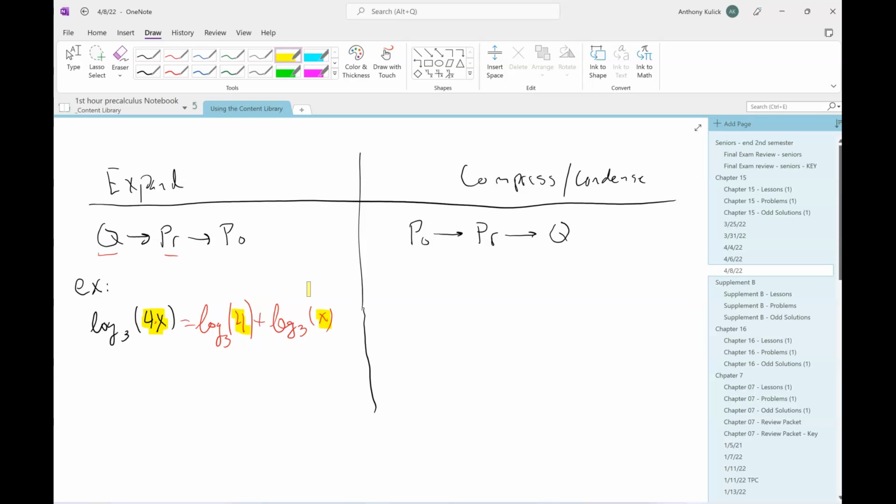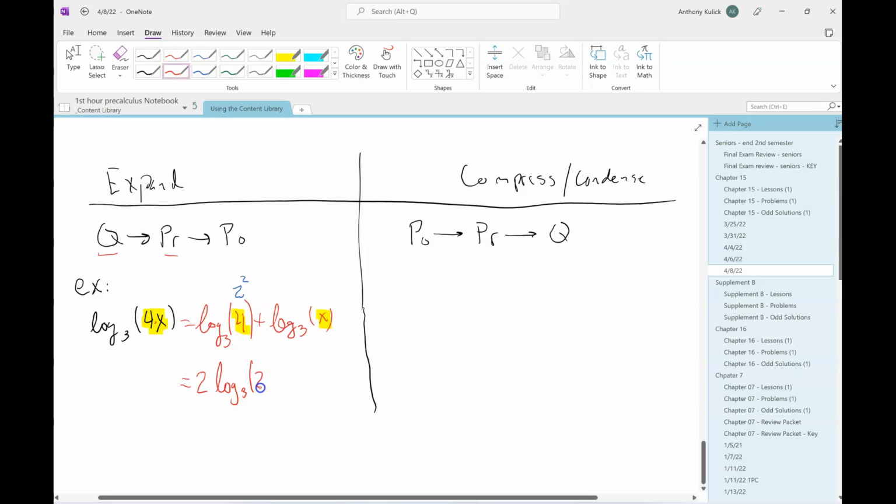Is there a power property going on? Can't I think of 4 as 2 squared? Uh-oh, Mr. Kulik. So it kind of is a power property going on with that one. So if I choose to use the power property on that,